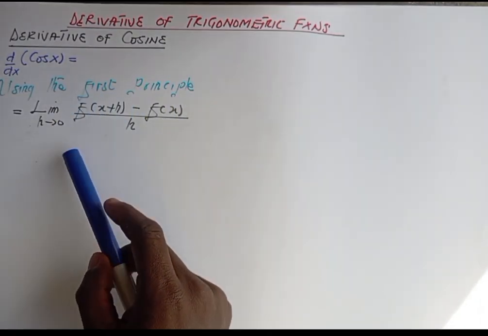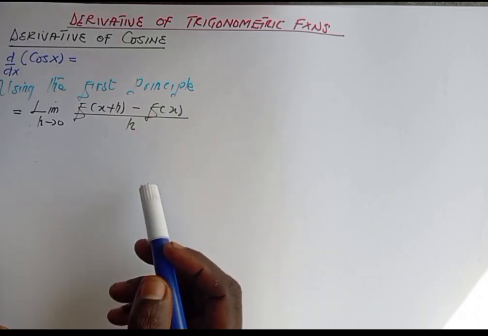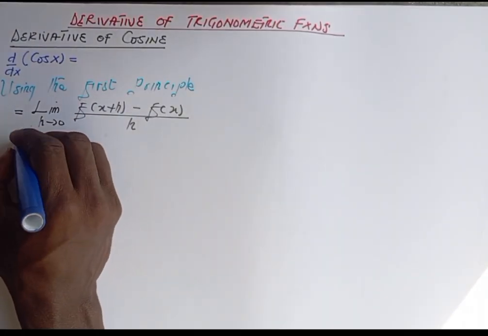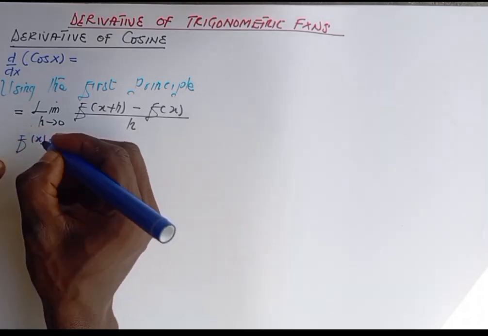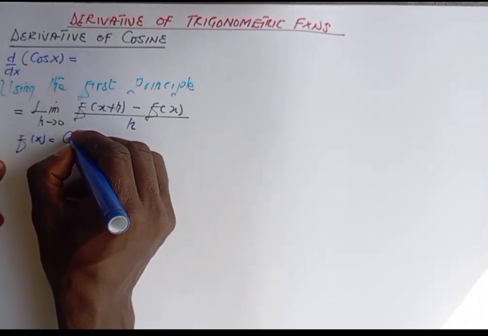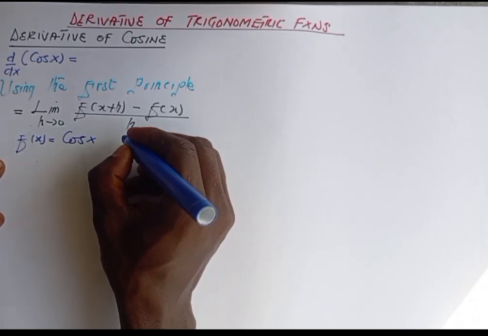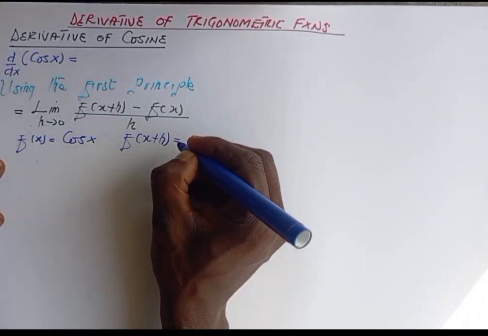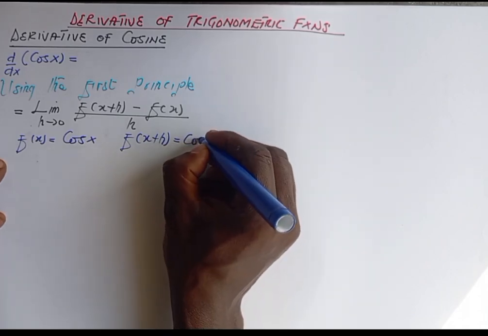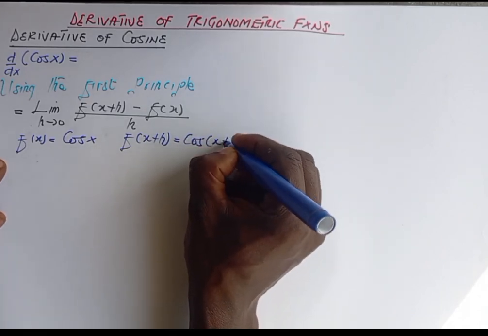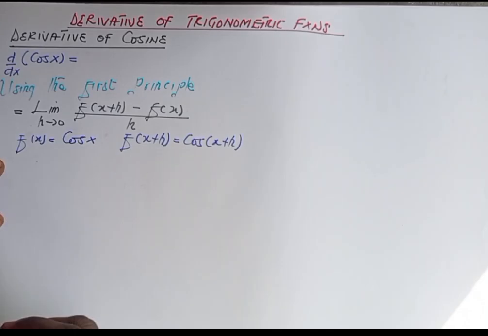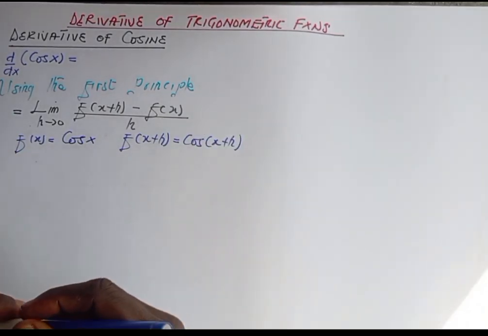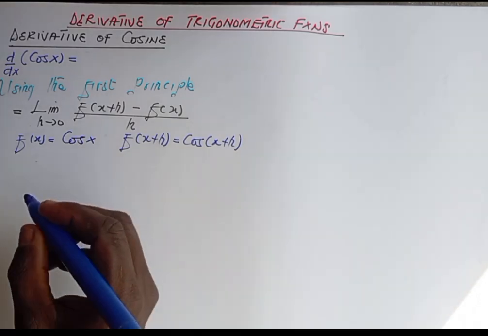So what we are going to do here is to identify our f at x and then our f at x plus h. So we can say that our f at x is given as what? Cos x, and then our f at x plus h is going to be what? Cos of the angle x plus h. So the next thing we are going to do is to substitute this back into the first principle formula. So we are going to get